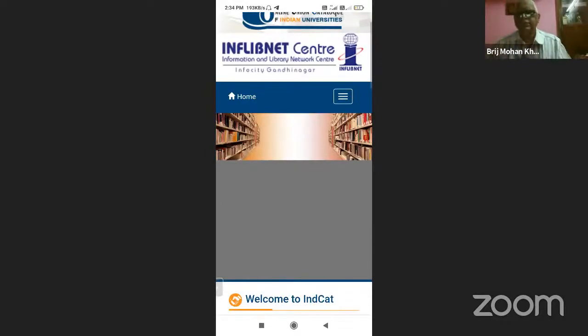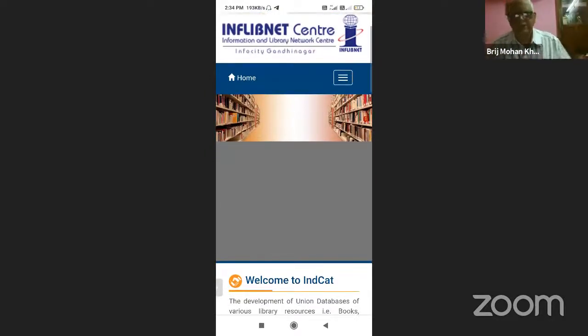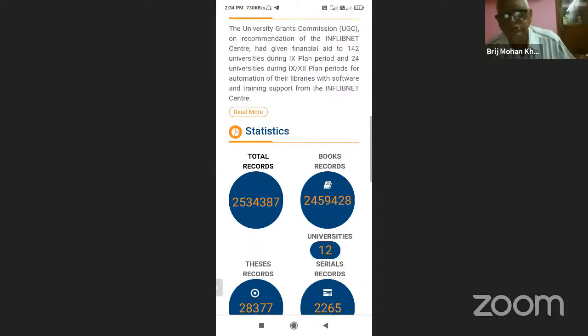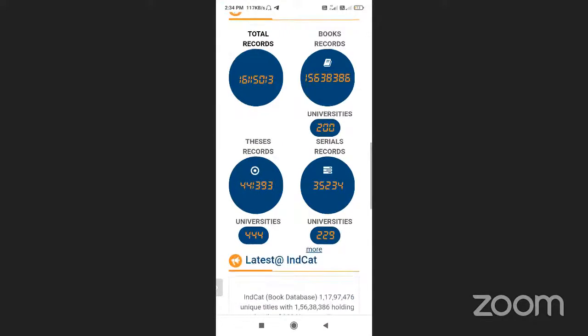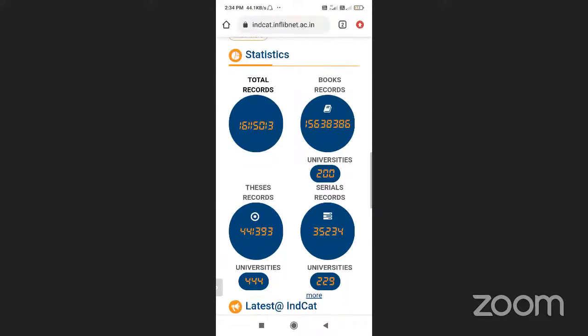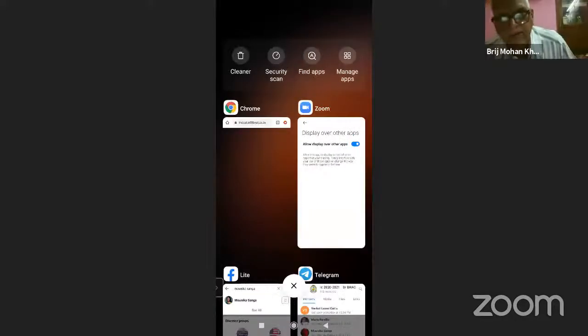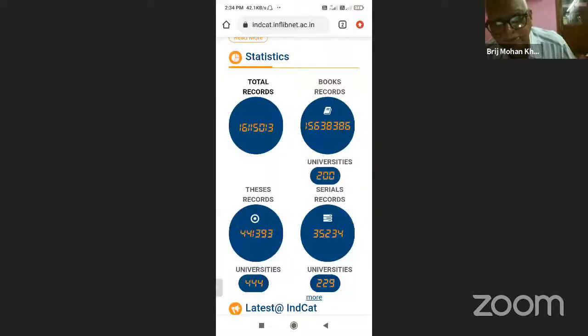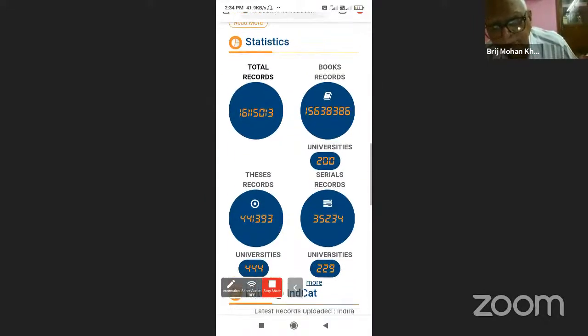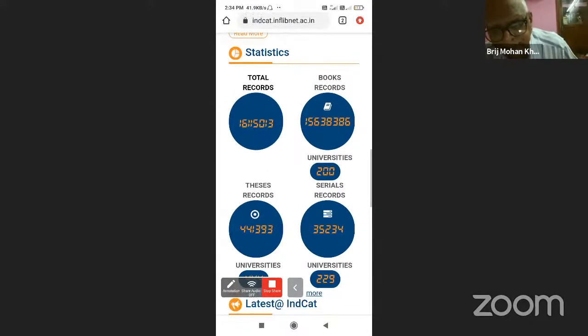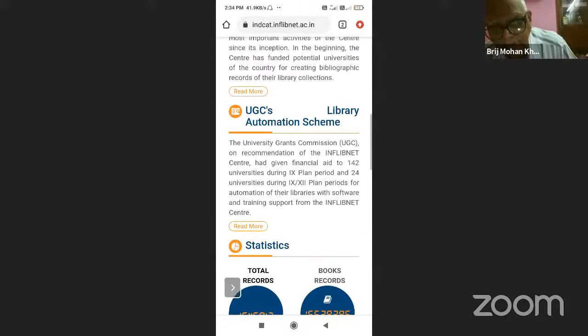Maybe due to an internet problem, you are not able to see properly. Which is the first book under Ranganathan when you are searching? Please read the title.